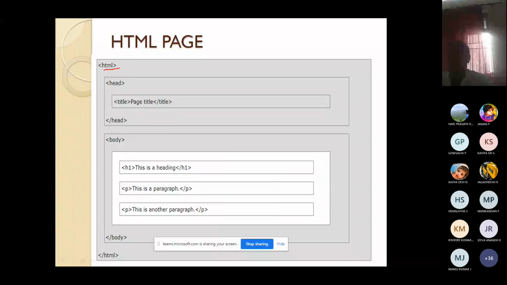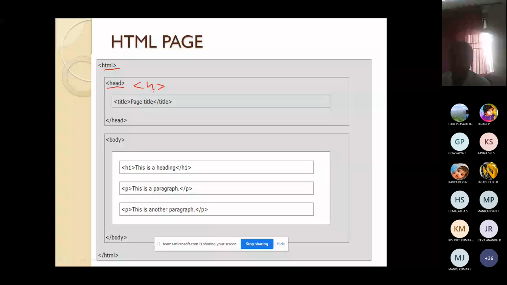The first tag represents the document type, written with greater than and less than symbols. Then you represent the header, which is the heading tags. The heading tag is represented with H, inside the greater than and less than symbols. There are H1 to H6, so totally six headings.